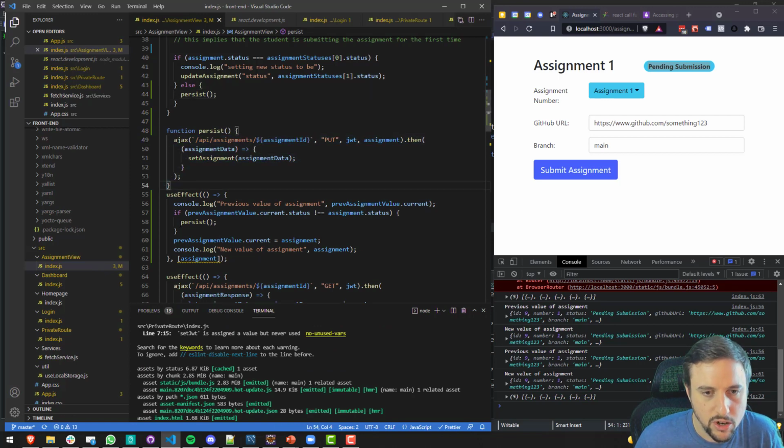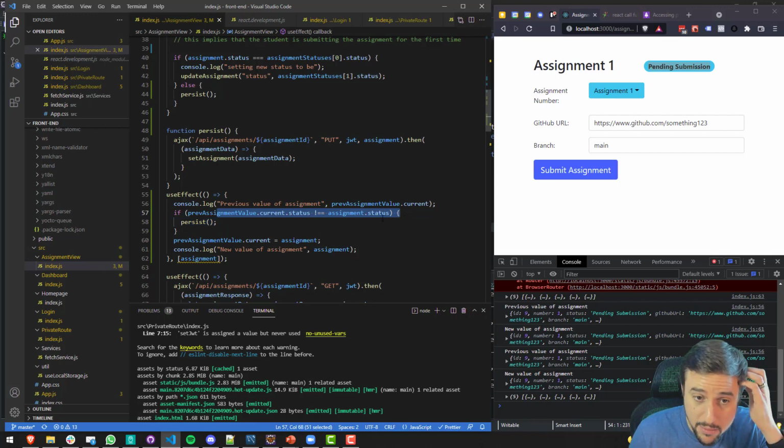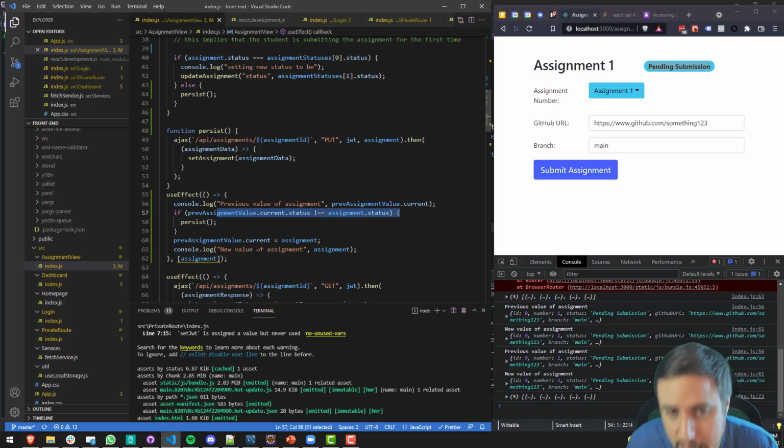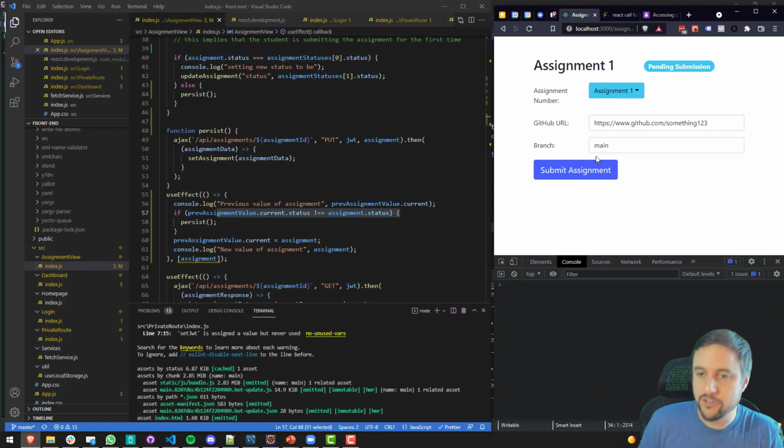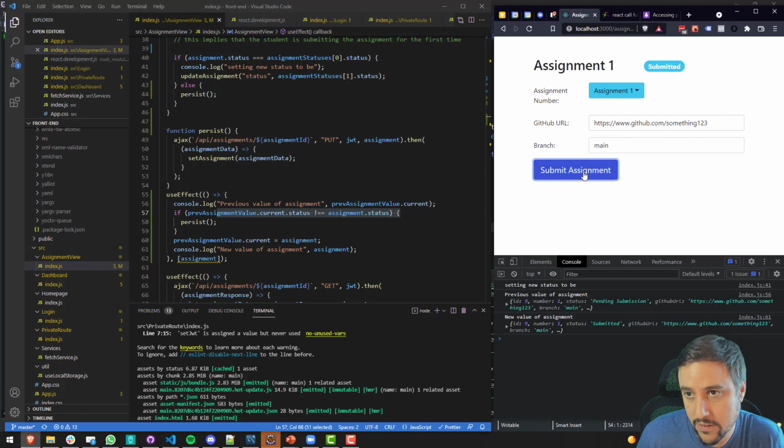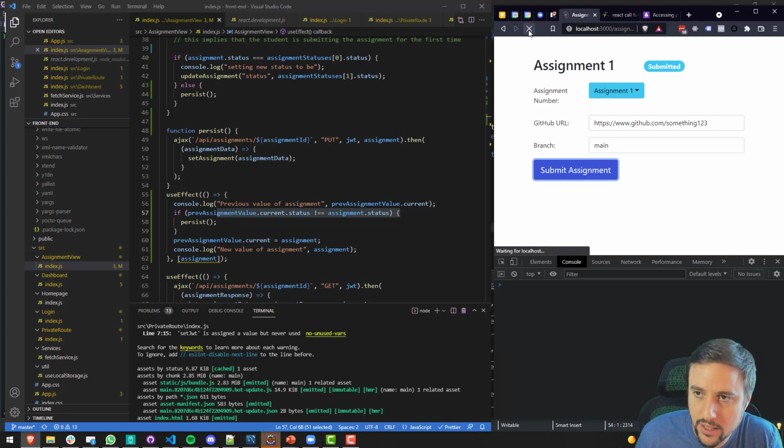Boom. So persist. Otherwise, if those values are the same, if they're identical, then don't worry about it. We don't need to save again. We don't need to persist anything. Okay? So let's try again. Submit assignment. So pending submission should change to submitted and stay as submitted. Cross your fingers. Ta-da! So status stays as submitted, and then if I refresh the screen,